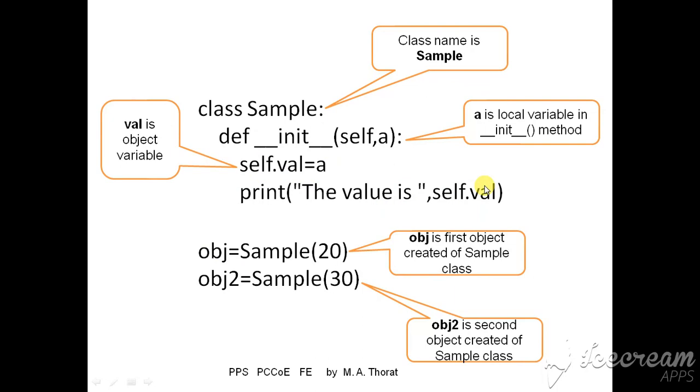So the init method will be called as many times as we create objects of that respective class. It is a simple method which is used in a class. It is also called a special method, and there is no need to write a function call to the init method. It will be implicitly called as soon as an object of the class is created. Just make sure that while writing the init method you have written the proper name: two underscores, init, two underscores, and then the parenthesis.